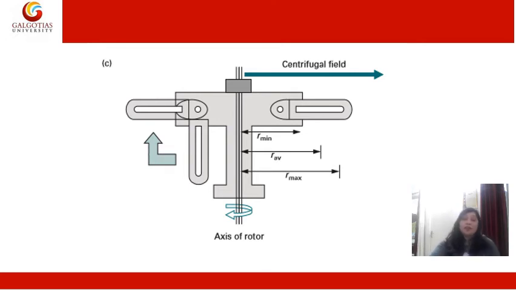See, I have used RPM as revolution per second, and at some places I have used rotation per second. In case of centrifuges, rotation and revolution will be the same because we are not talking about the earth. But the correct term is revolution per minute. So just keep in mind, by chance I may use rotation per minute, but the correct version is revolution per minute. RPM is revolution per minute.